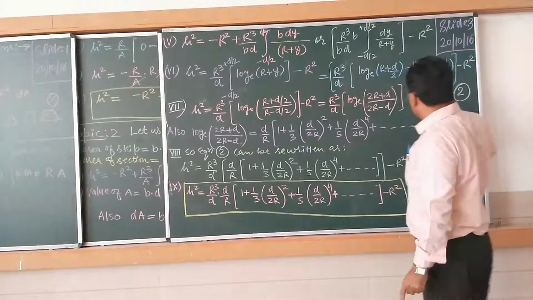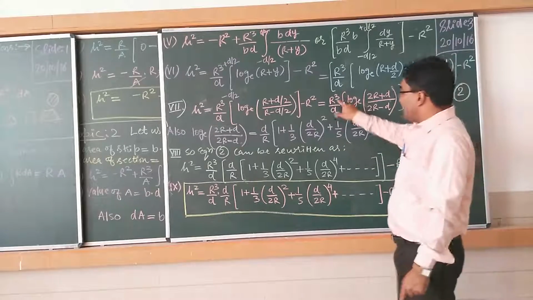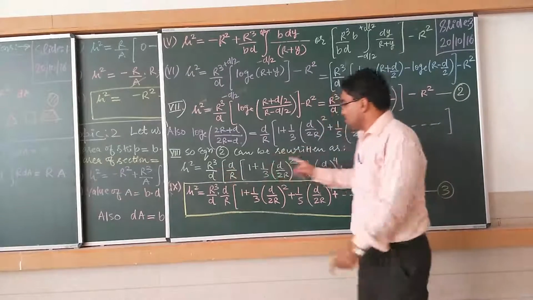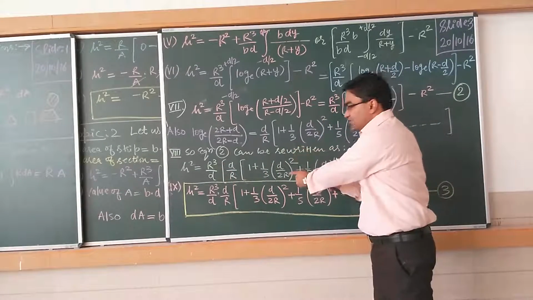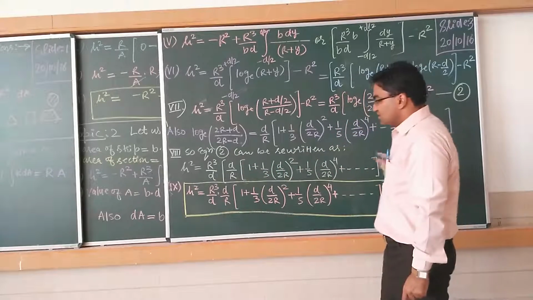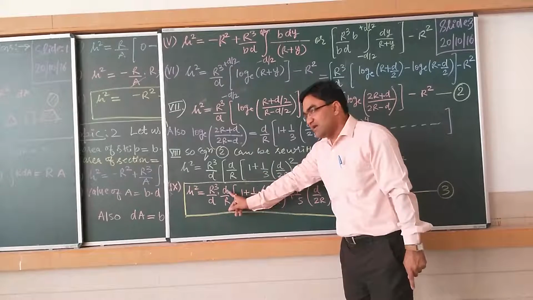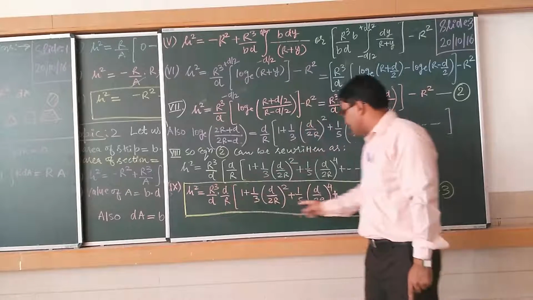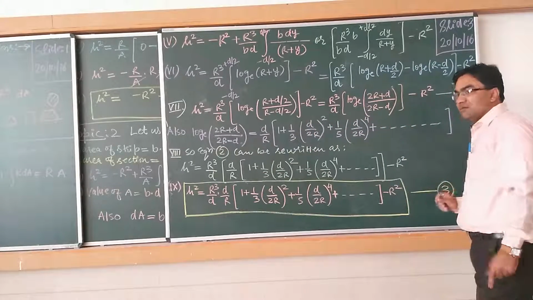So we will be putting this logarithmic series in our equation number 2. Equation number 2 can be rewritten as r cube by d as it is. So this is the logarithmic series, I am putting its value over here: d by r into 1 plus this much, minus r square. So d by r I took outside. d cancels with d, and r cube by r gives r square, and this much. So this is equation number 3.